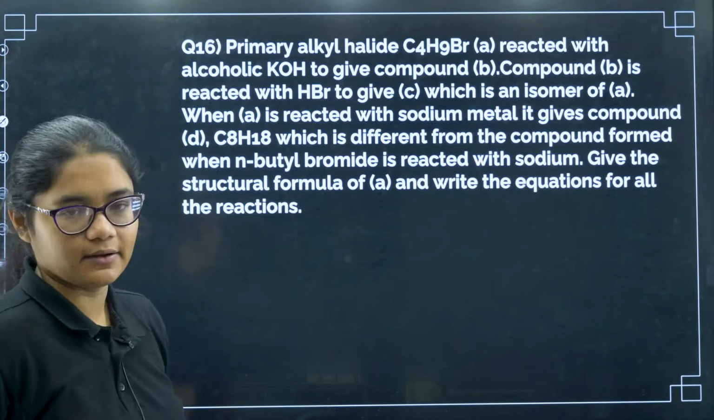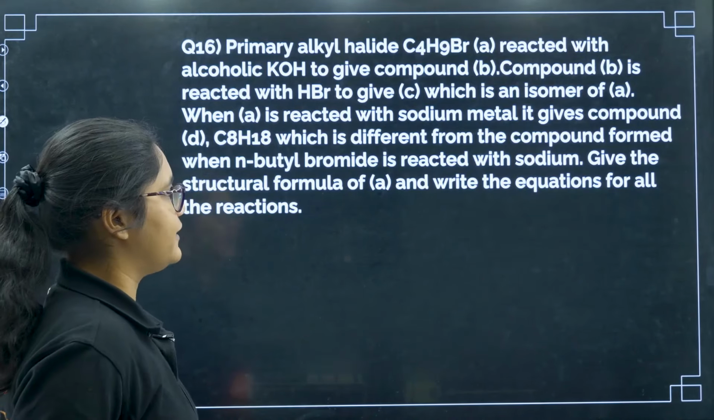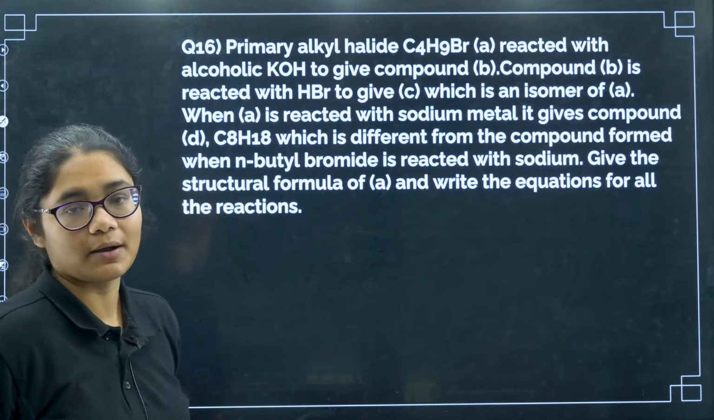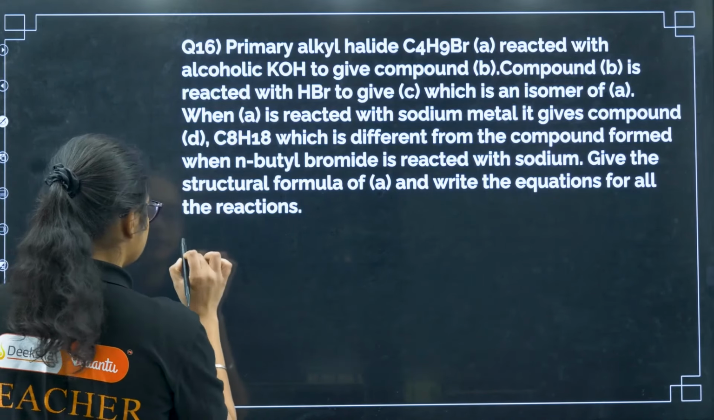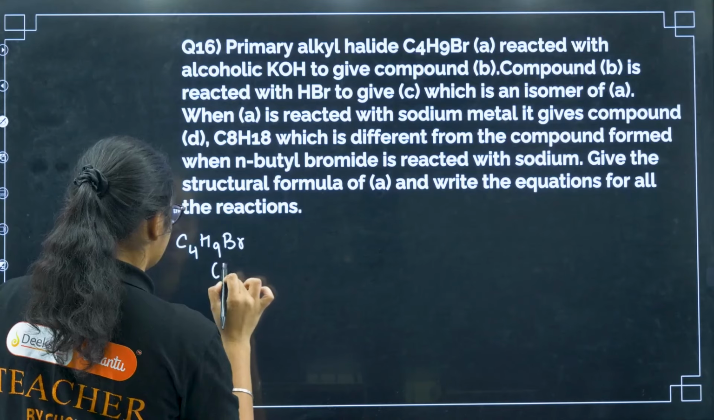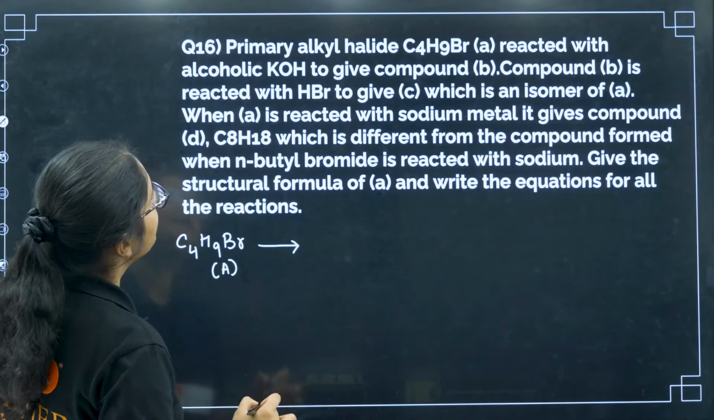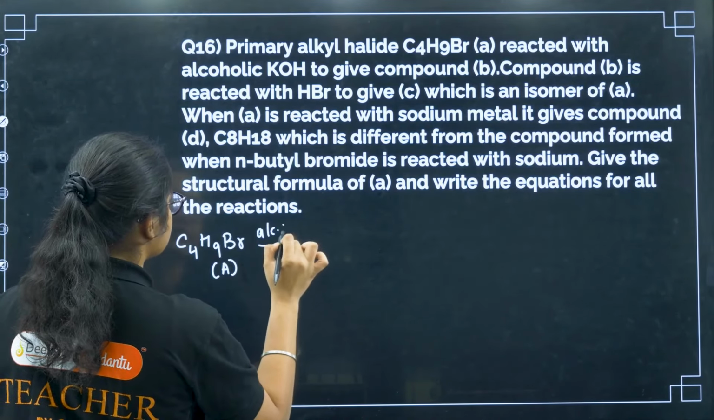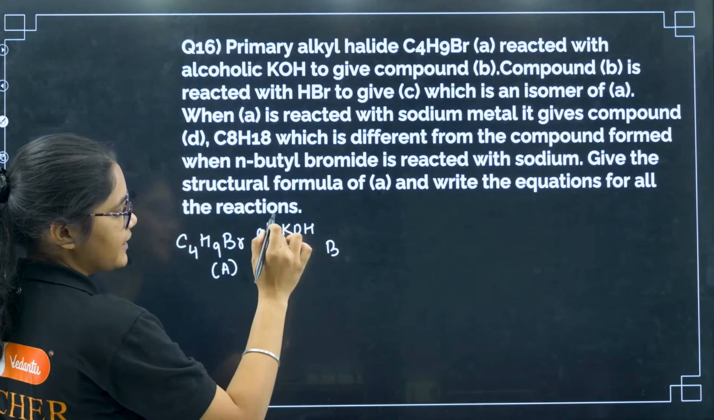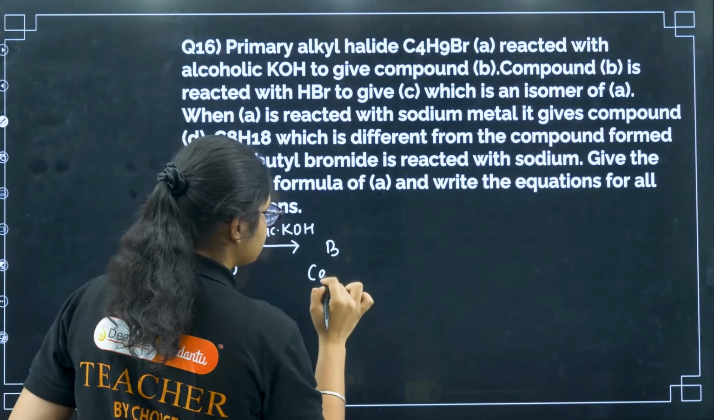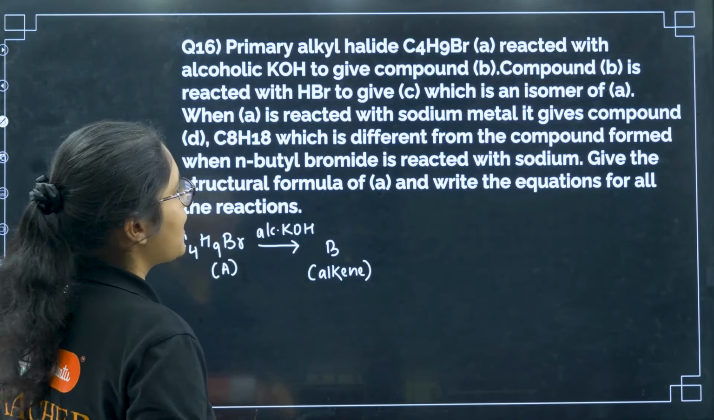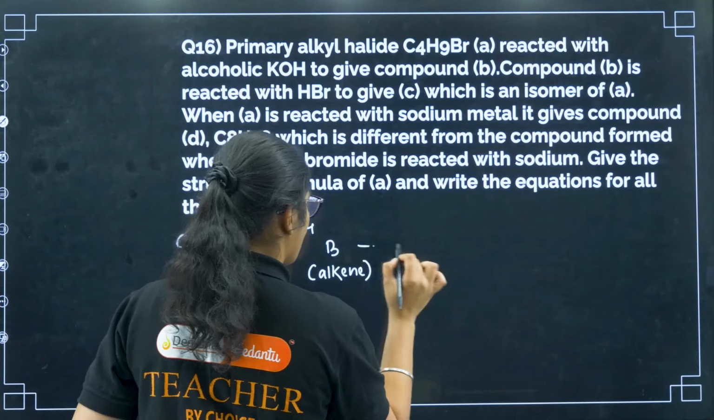Yes, this question is very important. Primary alkyl halide C4H9Br is reacted with alcoholic KOH to give you compound B. Okay, so I have C4H9Br which reacted with what? Alcoholic KOH to give B. So if alcoholic KOH is there, it means there is elimination, and I can guess that this has to be an alkene. Okay, now compound B is treated with HBr,